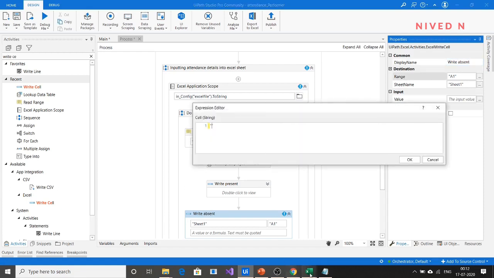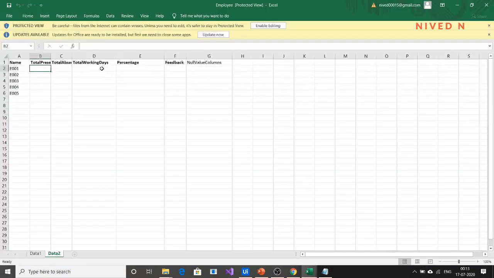So if you take the same Excel sheet, you can see for E001 the total absent is written in C2. For E002 total absent is being written in C3. For E003 total absent is being written in C4. For E004 total absent is being written in C5. And similarly for E005 total absent is being written in C6.